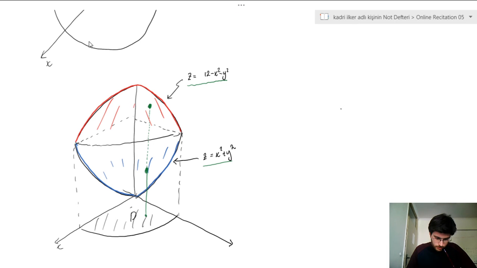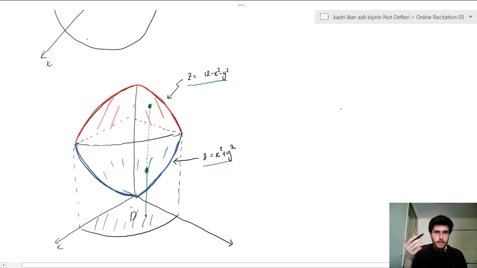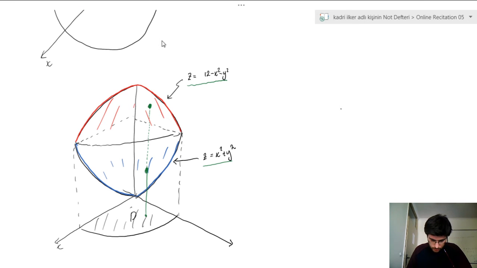Now the problem is, we are going to throw some rays as before by using spherical coordinates, of course. But now we should be careful. Why? Because when you throw a ray,